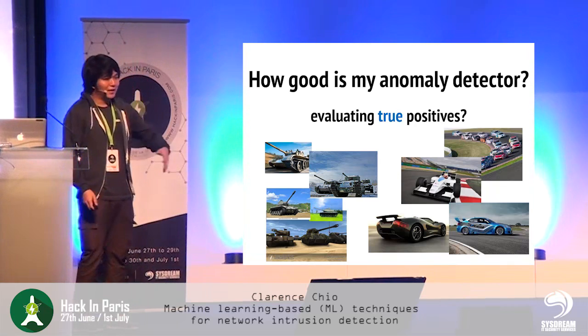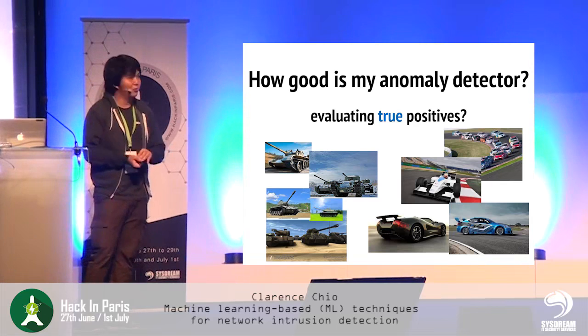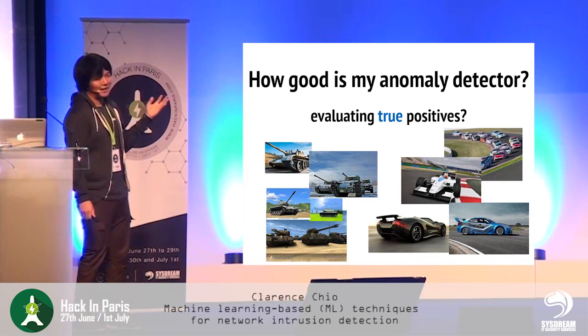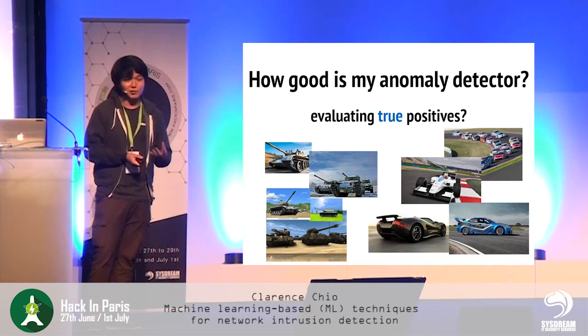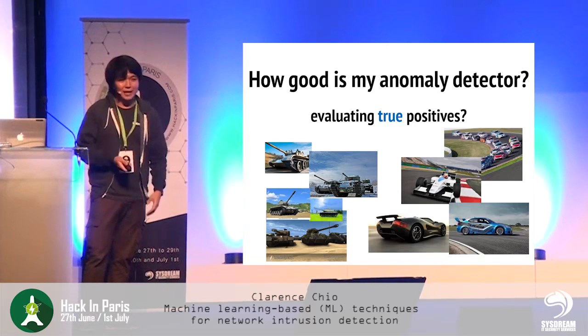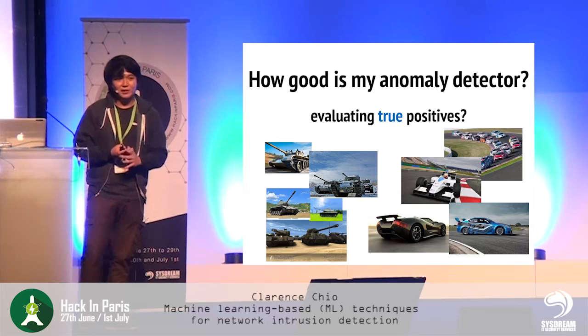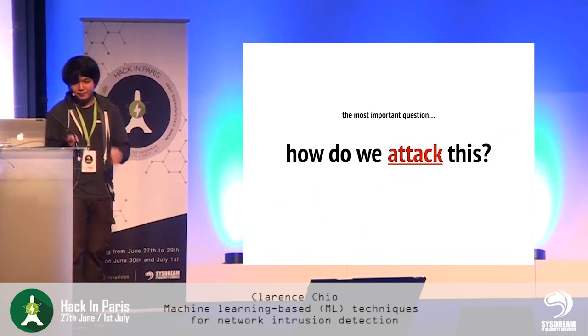And so when you test it in the field, there are predictions made that may not make sense to a human, because a human wouldn't think about, okay, is this a tank or a car? Look at the background. I wouldn't look at the background at all. I'll just look at the object, because we're so good at object recognition. So this is an interesting anecdote. If you have a machine learning model that learns traffic and you don't really understand what this model has learned, then it's hard to really base your predictions or classifications on this.